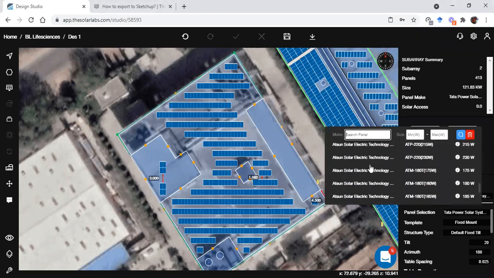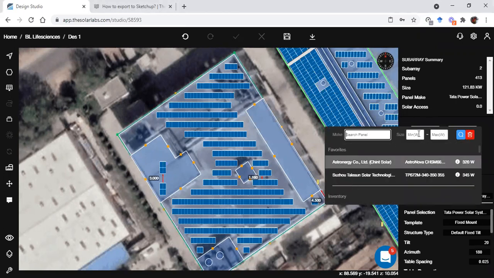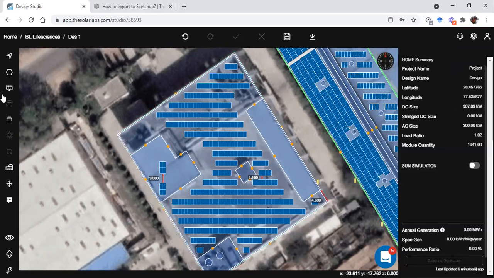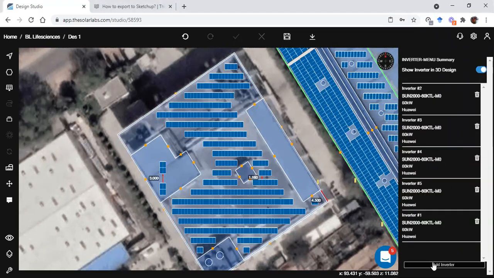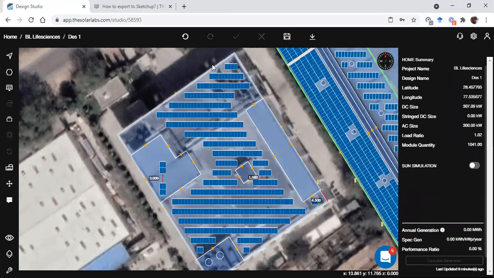There is complete inventory. You can select any panel, any make, for any size, and you can just simply do that. This is our inventory. Second is the inventory for inverters. So in inverter, if you go, you can see this is our inventory. So you can just search any inverter and make. So you can easily search for these parts.